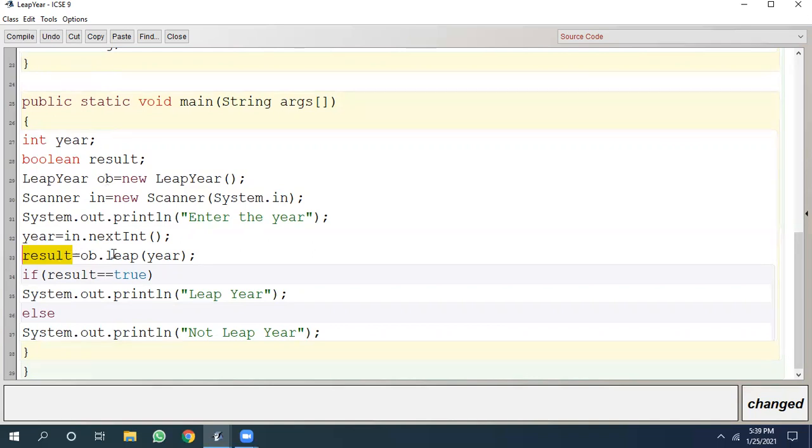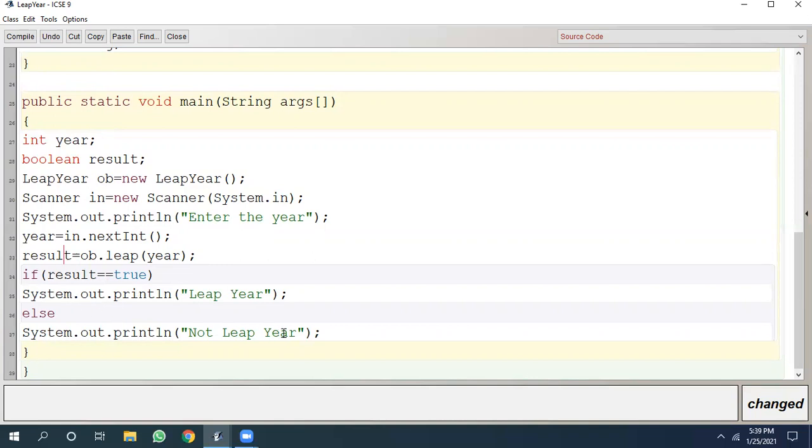So this leap function will check whether the passed year, that means the year which has been passed in it as a parameter, is leap or not. And the result will be returned in the result variable. If the result returned is true, then Leap Year will be displayed on the screen. And if the returned result is false, then Not Leap Year will be displayed on the screen.